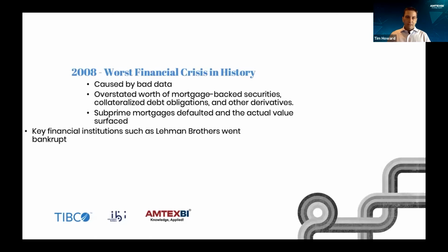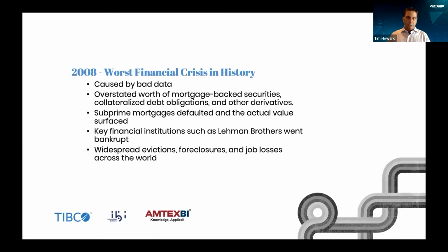The worst financial crisis in history was caused by bad data: mortgage-backed securities, centralized debt applications, the subprime market. All those things happened because of bad data in the system. And there have been some more recent ones lately that we won't go into for the sake of time, that are strictly bad data inside these investment portfolio back-end systems, causing bad decisions from the data's perspective, and even just wrong data.